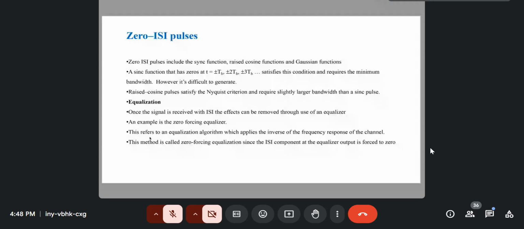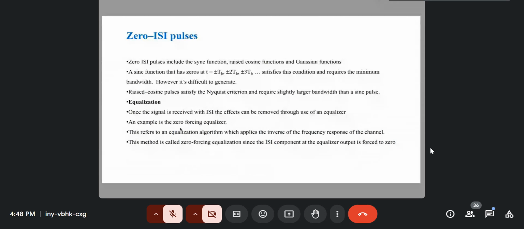Or forget it and use equalizers to remove the effects of ISI. Yeah, and there are many equalizer circuits, but one of the most popular is